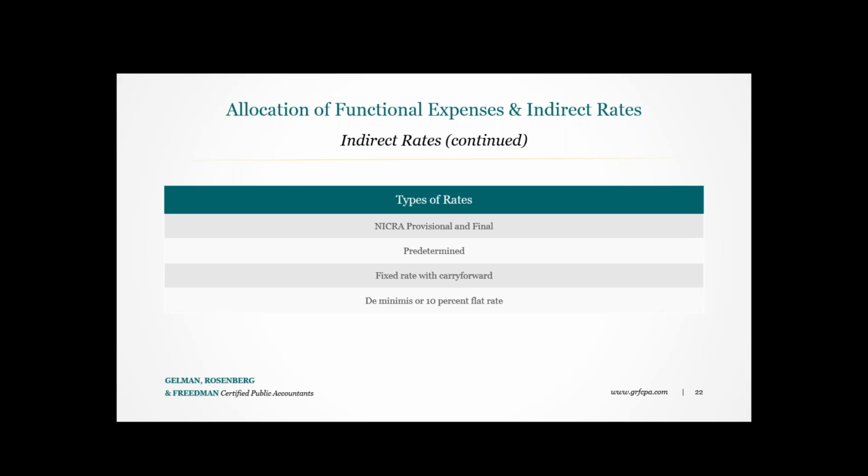Predetermined rates are permanent rates established for a specific current or future period, not subject to adjustment. This could be used on awards where there's assurance that the rate is not likely to exceed a rate based on the organization's actual cost. So it's enforced usually for a longer period of time. A fixed rate is a permanent rate for a future prospective period of time, and the actual costs are determined by the organization, and the difference between the fixed and actual rate is carried to a future period in order to adjust for any over or under recovery.